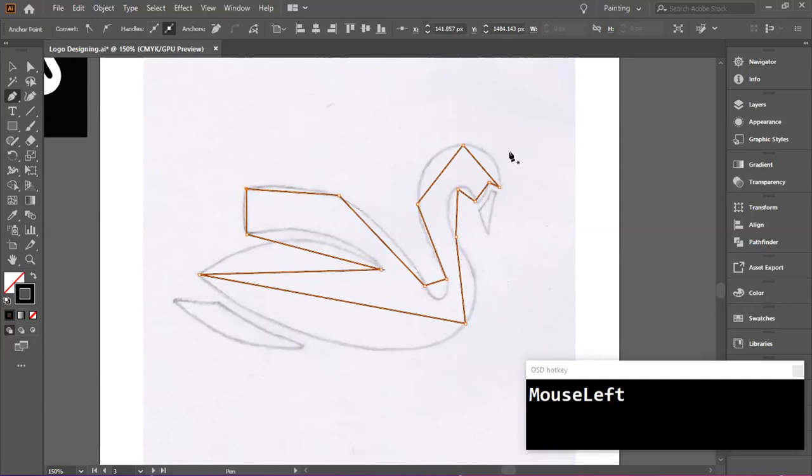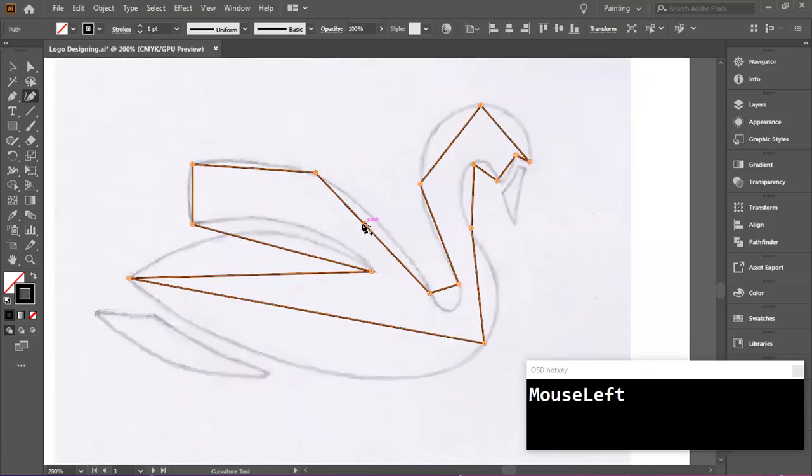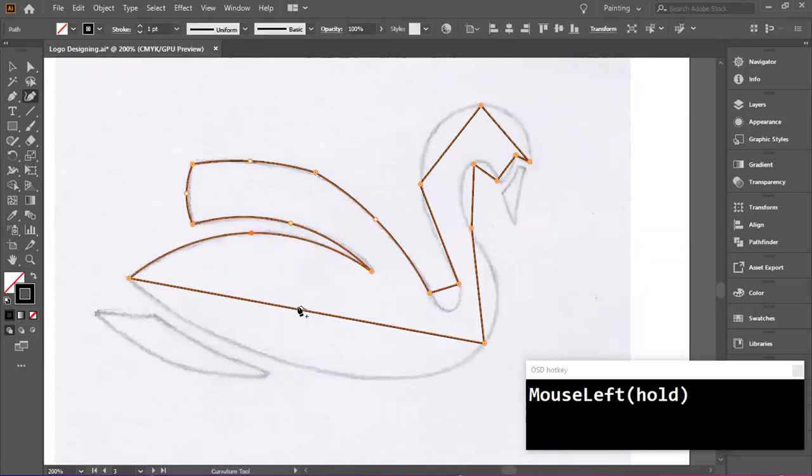Okay, so this is not looking that good, but we'll be using the curvature tool right now to make all these lines curved. For that, zoom a bit, click and drag. Again, click and drag. Click and drag. Again, click and drag. So this is what you need to do for all these lines. Okay, you can adjust this point right here. You can use this point here, you can use this point here. I always use the point where it's the largest curve. So right here,